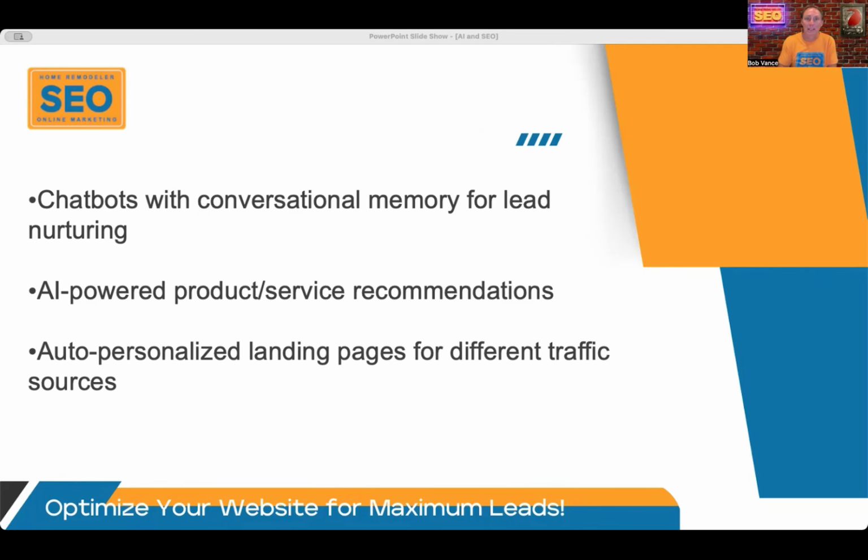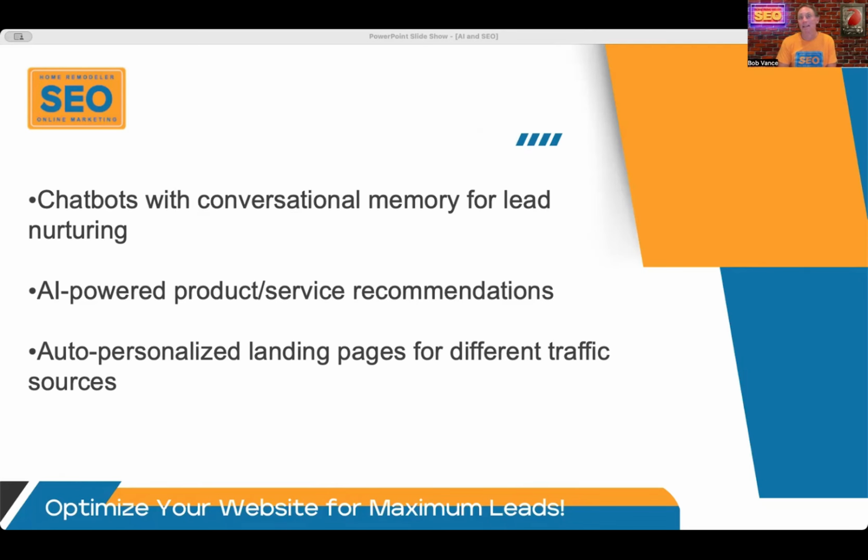For example, someone clicks your Google ad for luxury kitchen remodels and lands on your landing page for kitchen remodels, and it's showcasing premium kitchen designs, obviously, not a budget remodel. Another person comes from Facebook where you promoted budget-friendly updates, and their landing page is going to highlight the affordable kitchen remodel options.